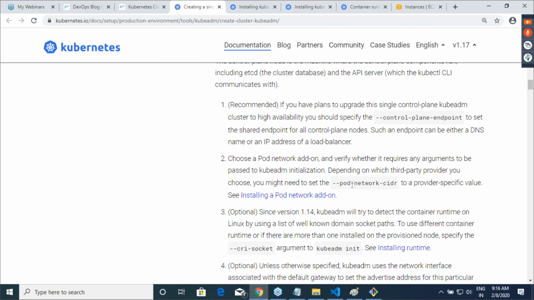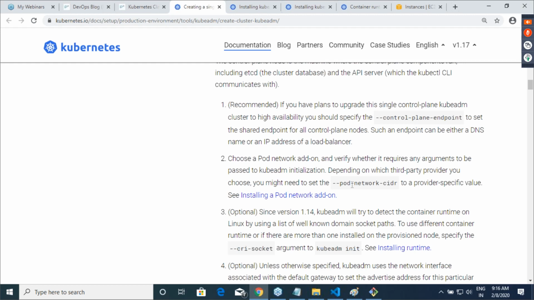So if you want to use Weave Net, no need to worry about it. But if you want to use Flannel, then you have to pass this stuff. Am I clear on this? The reason I am speaking about it is, tomorrow if your company says use Flannel and you say kubeadm init and after that you apply Flannel, then your Kubernetes cluster will not be up, because Flannel will work only when you use the init command with this flag. If you don't do this, your Flannel will not work. But if you want to use any other network provider, then you will not have a problem.